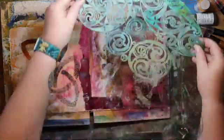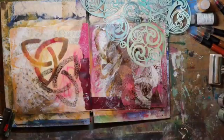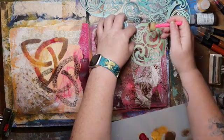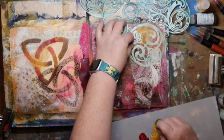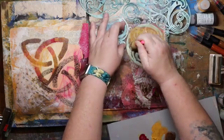But I wanted to add something else to this page because I felt it needed more. Whereas the left-hand side's really clear and you have the nice contrast of the painted stencil and the sprayed stencil. So in keeping with kind of the